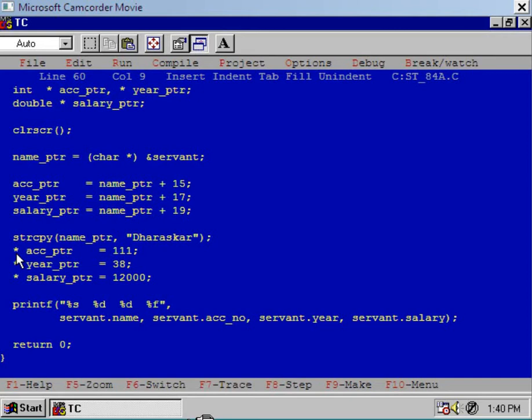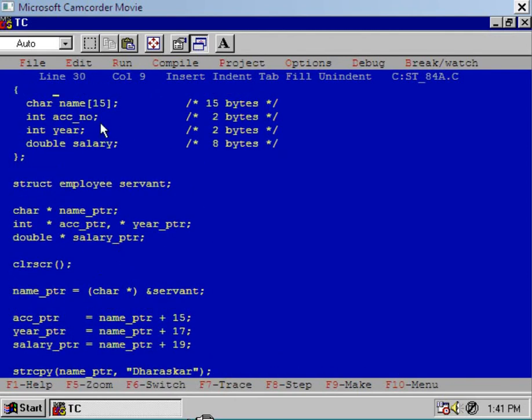So this statement means initialize the variable to which ACC pointer is pointing, and hence after the execution of this statement, the second member of the structure variable servant, that is ACC number, will contain 111.